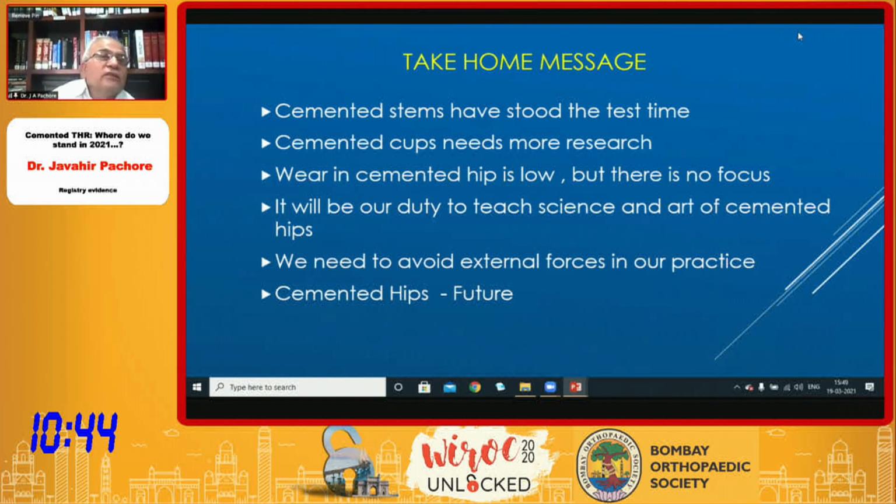So the message we take is that cemented stems have stood the test of time, which all of us heard from all the top speakers. Cemented cups need more research, and I wonder whether somebody can comment, perhaps Gross or Peter K, on where the wear in the cemented stem is low. This was actually proved by a very small lab, which we never looked back at again, and we have never focused on the wear rate of